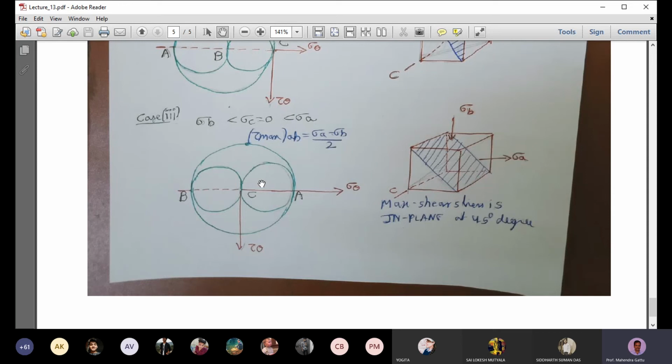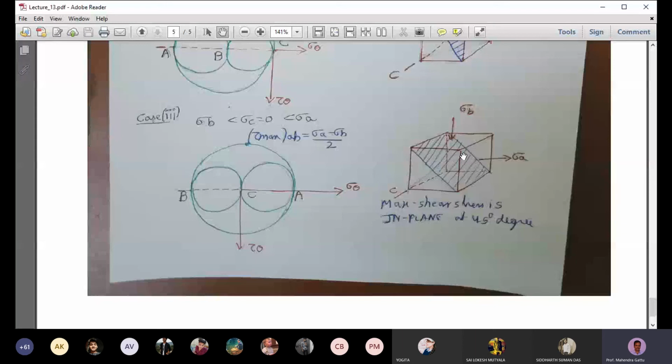In this specific case, the in-plane stresses are indicated by the largest circle. Okay, so the in-plane stresses are indicated by the biggest circle. There it will have the maximum shear stress. So tau max will correspond to AB, and that will be sigma A minus sigma B by 2. Minus or minus will become plus, so we are actually having this entire value by 2. And the out of plane shear stresses are less than the in plane shear stress.